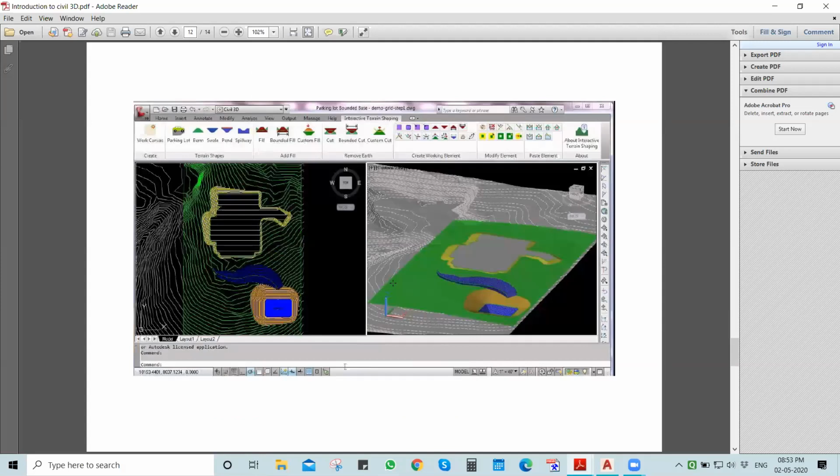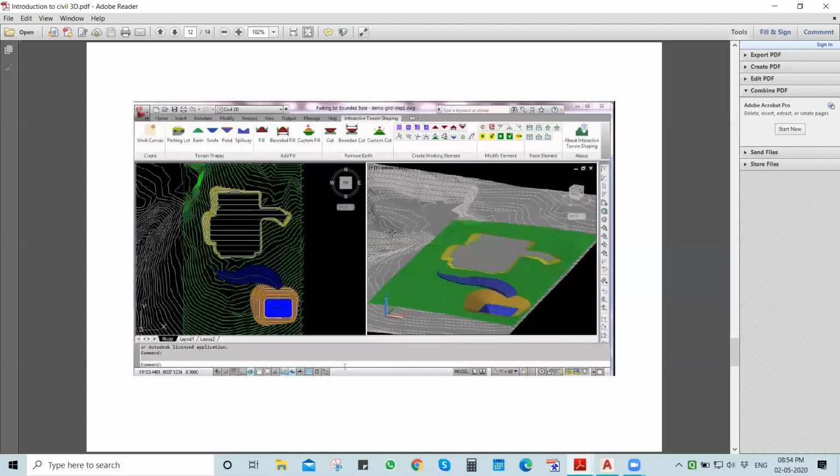Then this is a random image of the survey I have done already. The left image contains a plan view of a proposed layout given by the architect, and the green color lines are actually the 3D surface of the existing one, green and gray color.